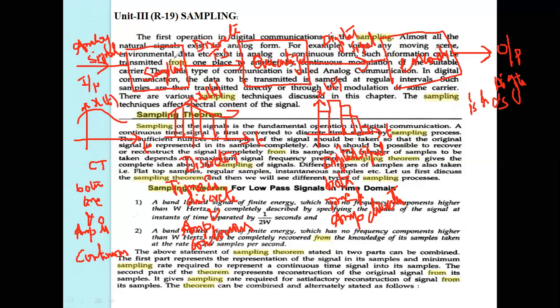This signal is sampled at regular intervals, and you get the discrete time signal. Here the discrete time signal means the time is discrete and the amplitude is continuous. This discrete time signal is given to the quantizer. The output of the quantizer is a digital signal, meaning both the time and amplitude